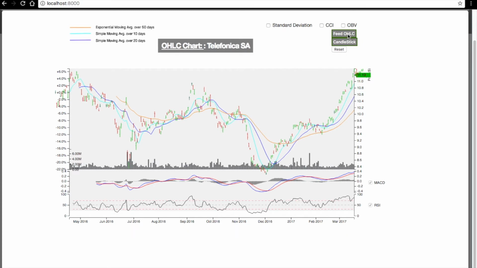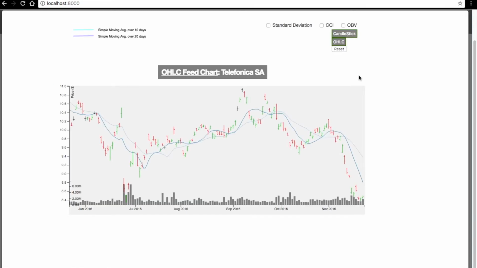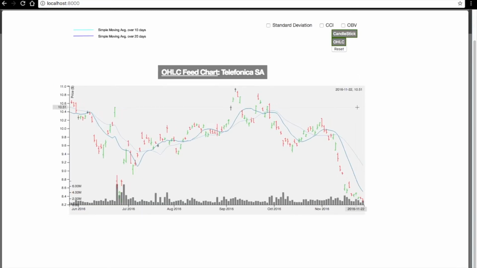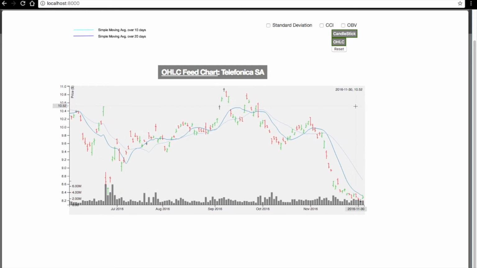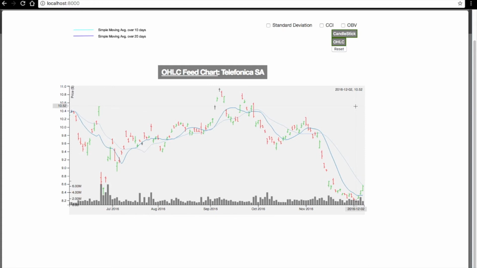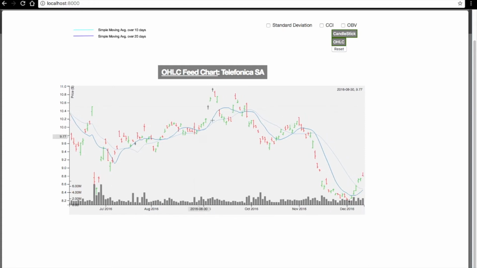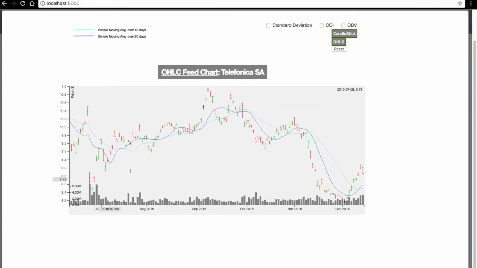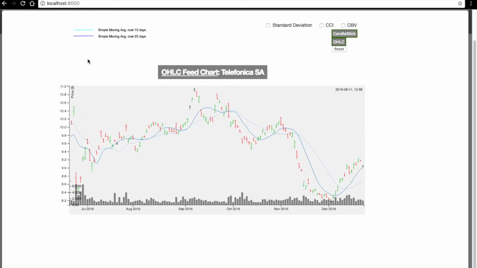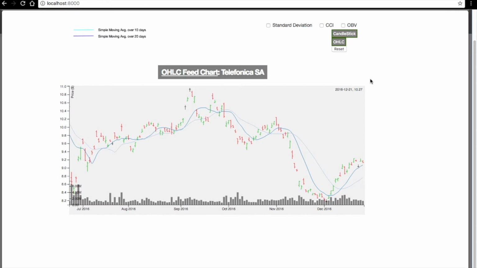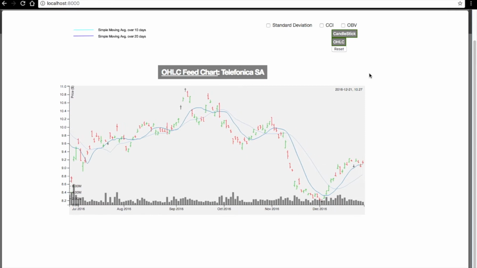We can switch from OHLC to feed OHLC, which is like a live feed, which starts from the inception of the stock Telefonica, and it will show me the trend of the stock since the beginning of time till today, with additional features like mouse scroll over, volume traded, and simple moving averages over 10 and 20 days, as indicated at the legend on the top left. Now, these are the three essential time series visualizations that we have,